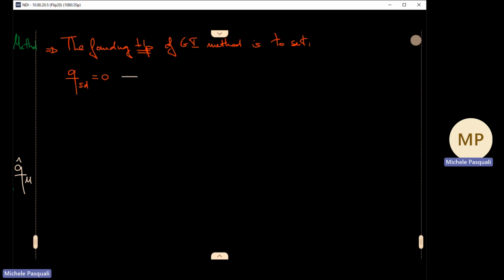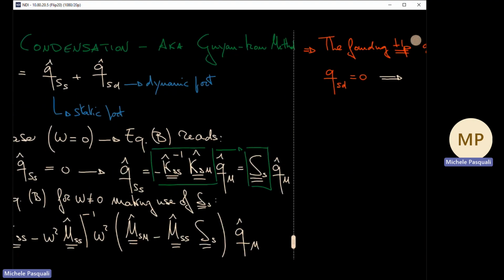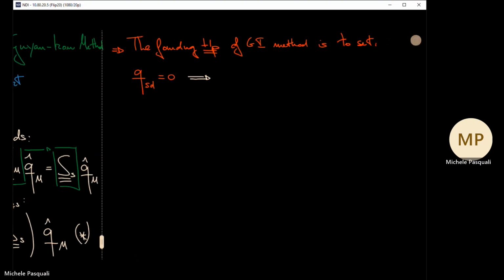But this, if you want, we can call this equation star, okay? From star,